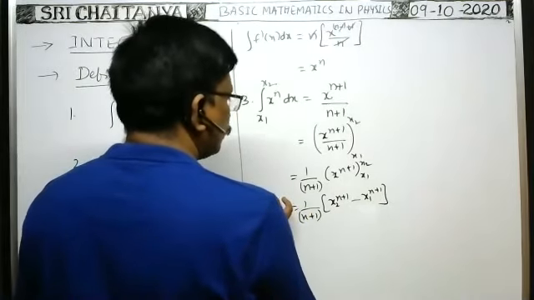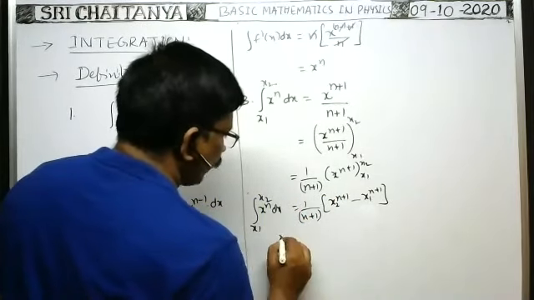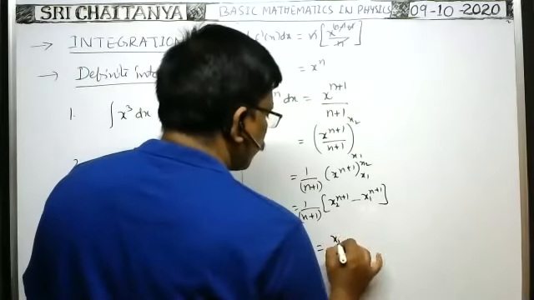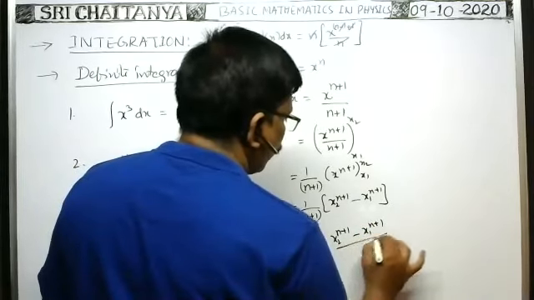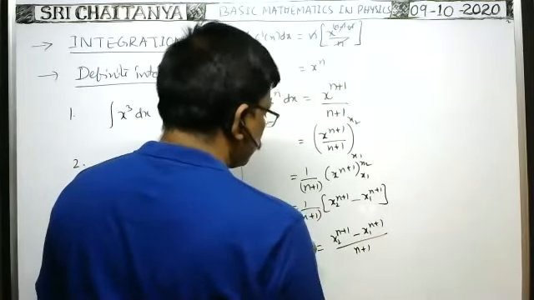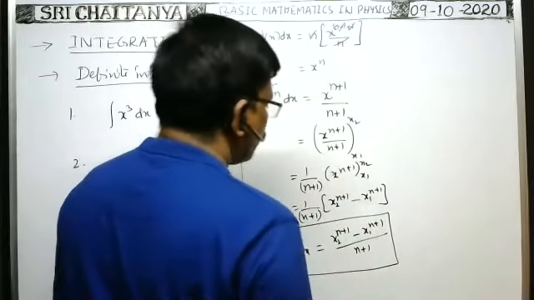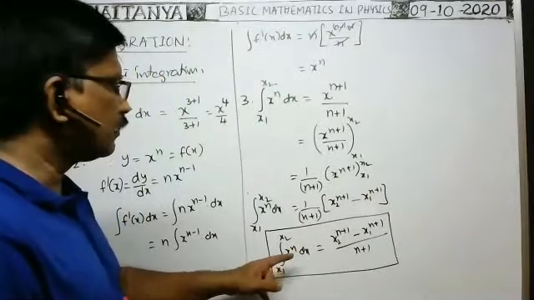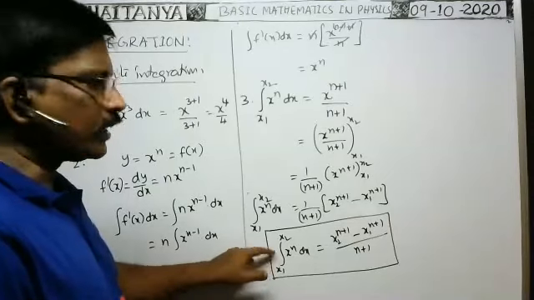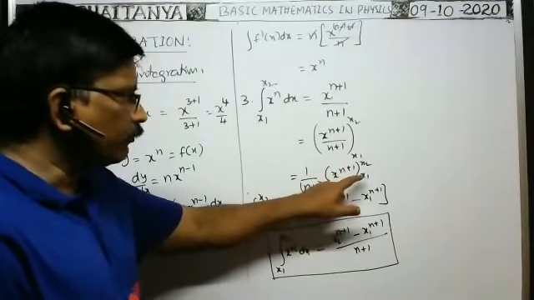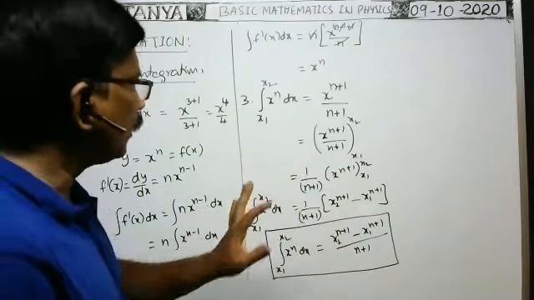We have written like this. Therefore, integral x to the power n dx, limits x1 to x2, is equal to x2 to the power n plus 1 minus x1 to the power n plus 1, whole by n plus 1. This is the value of x to the power n dx between the limits x1 to x2. This is called the upper limit, this is the lower limit. First we substitute the upper limit here, then we substitute the lower limit. Before substituting the lower limit, you put a minus sign. That is the method we have to remember.